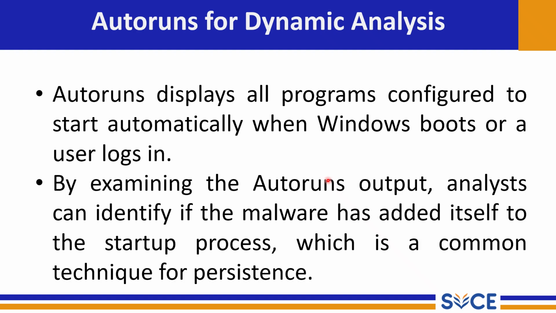Windows Autoruns is a powerful tool that lists all the programs configured to run automatically on a system. This includes entries in the registry, startup folders, and other locations. And for analyzing suspicious activity, security professionals analyze these entries, looking for unknown or unsigned processes,